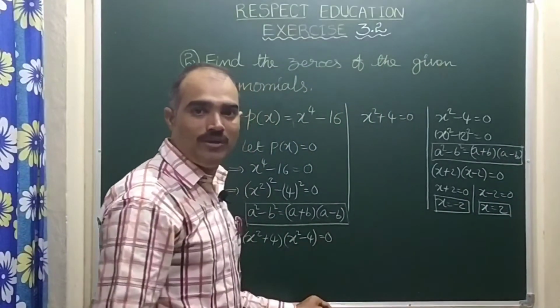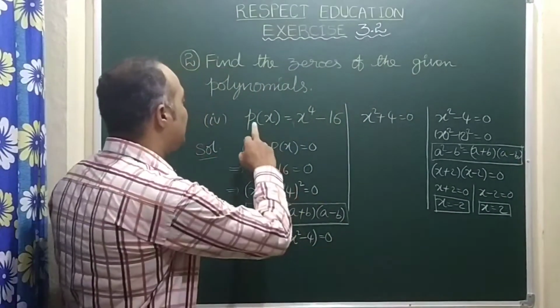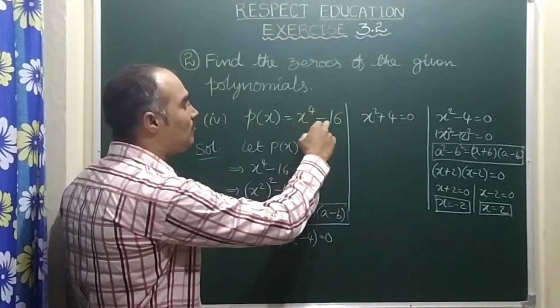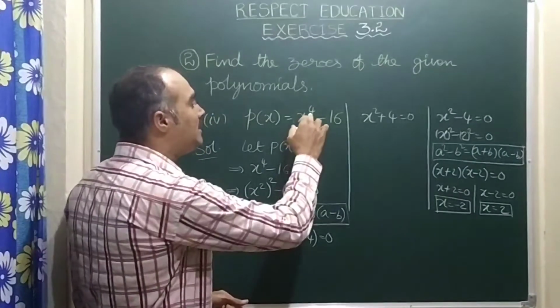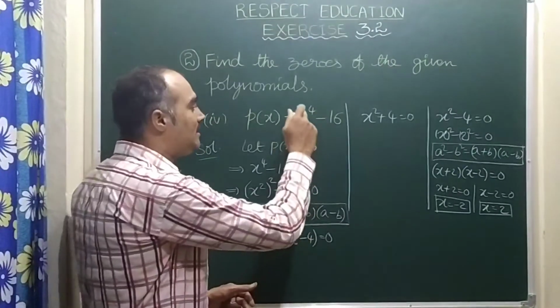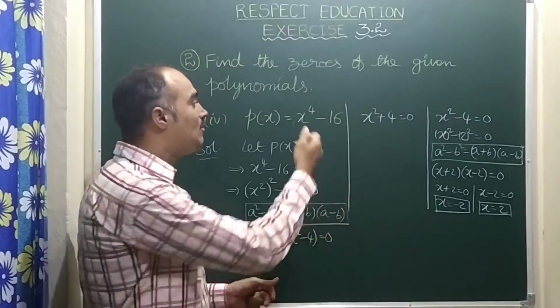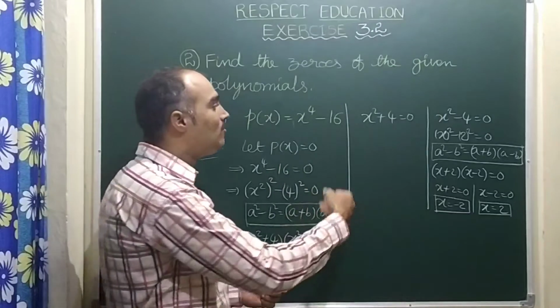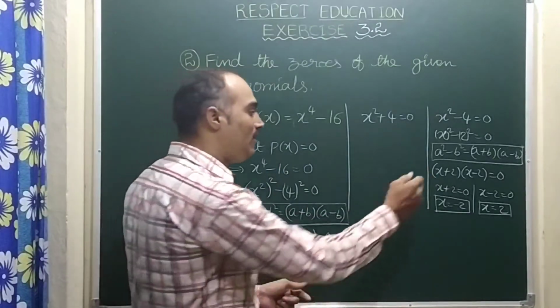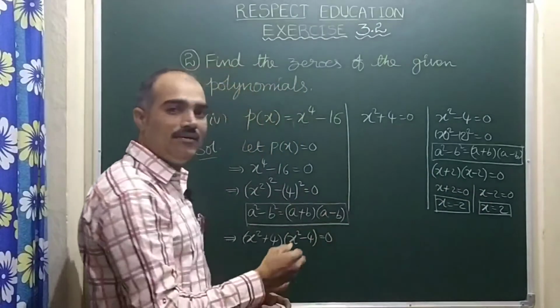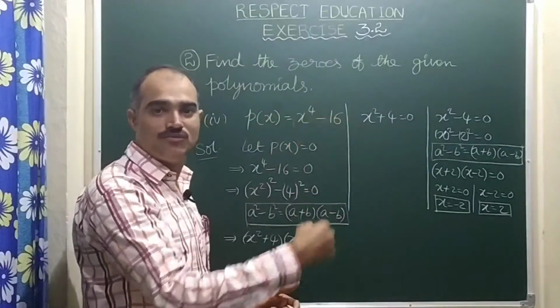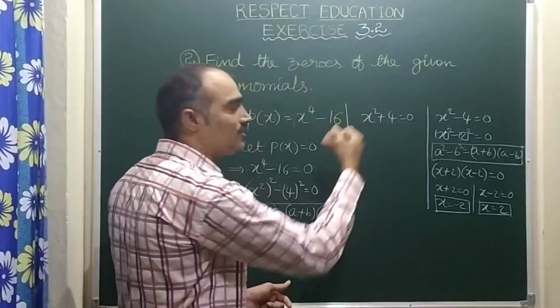Can we stop the problem here? Just observe the given polynomial, this is x power 4 minus 16, whose degree is 4. So definitely this polynomial will have at most 4 zeros, means maximum 4 zeros. Already we have got 2. So why can't we try 1 or 2 more? Because the maximum is 4. So let us try to simplify this one also.